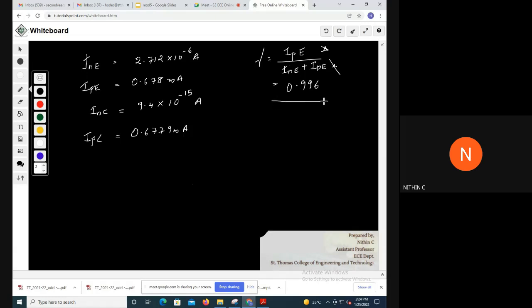Okay, so this term will not be having any unit. So the answer is 0.996 when you do this. Then next also you can directly go for that. Then that is the base transport factor, which is represented as alpha t. You have the expression for that. Base transport factor is equal to, what is the expression for base transport factor? What is the expression for that? Alpha t is equal to,